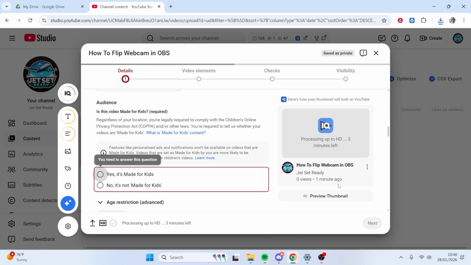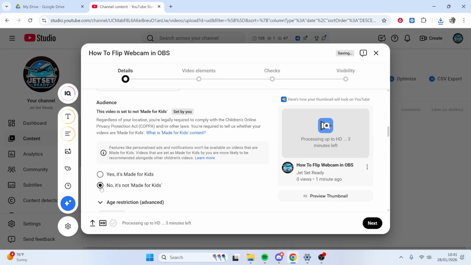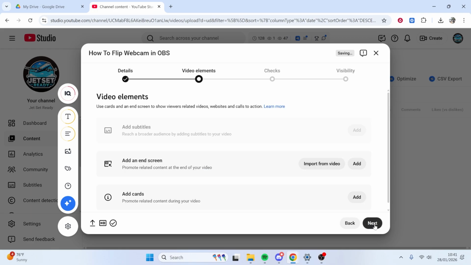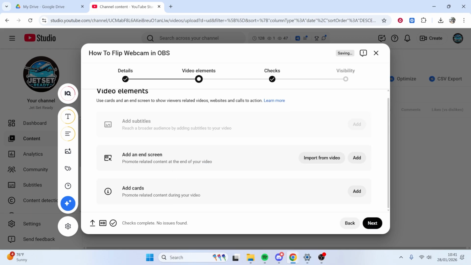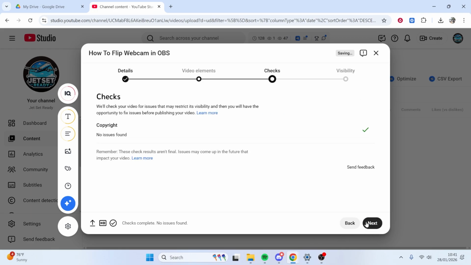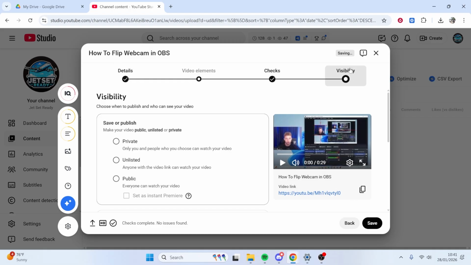Click next though, and make sure you go and fill out these details. So no, it's not made for kids. We can then click next. Then we can add an end screen and cards if needed. I'm just going to click next, next again, and once you finally have done that, you get to the visibility